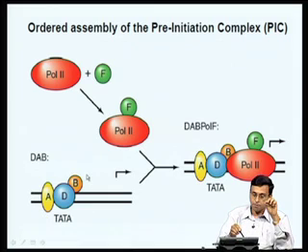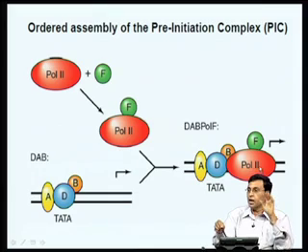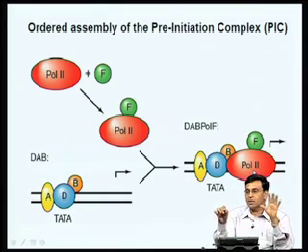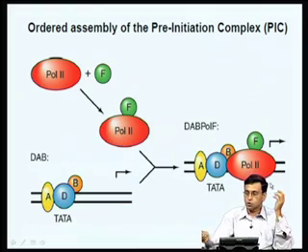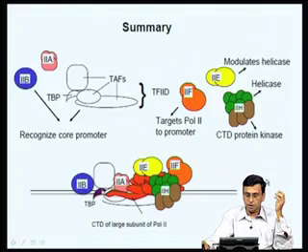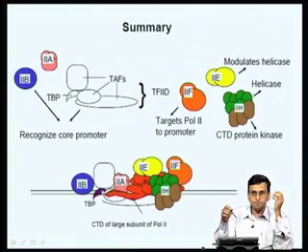So, once the DAB complex is formed, that is the signal for Pol II and F to come and join the promoter region. Once the DAB, F and Pol II complex is assembled, TFIIH comes and binds here, and it makes sure that everything is ready. Then it phosphorylates the carboxy terminal domain of RNA polymerase II, and then the polymerase II starts moving and starts the transcription of the various protein coding genes.